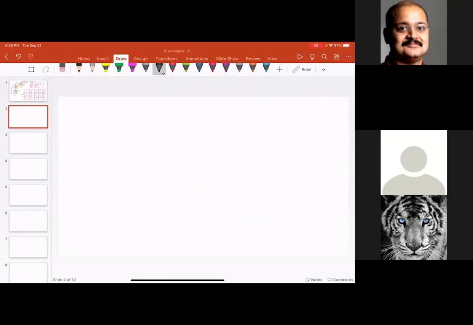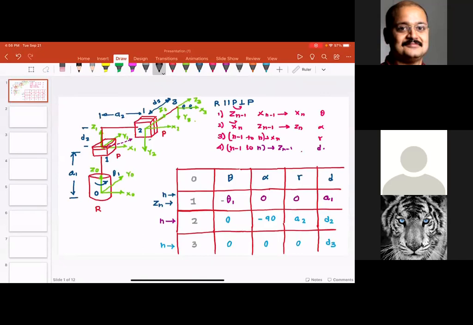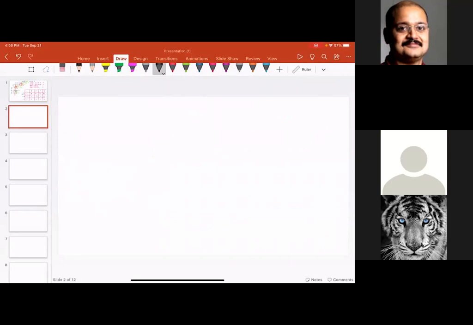Why is it that we are going for the theta only in the first joint? That is the only rotation. The rotational joint, the revolute joint, is the first joint. The next two joints are prismatic joints, so there is no theta. Everything else drops out. Okay. So let me take one more problem.